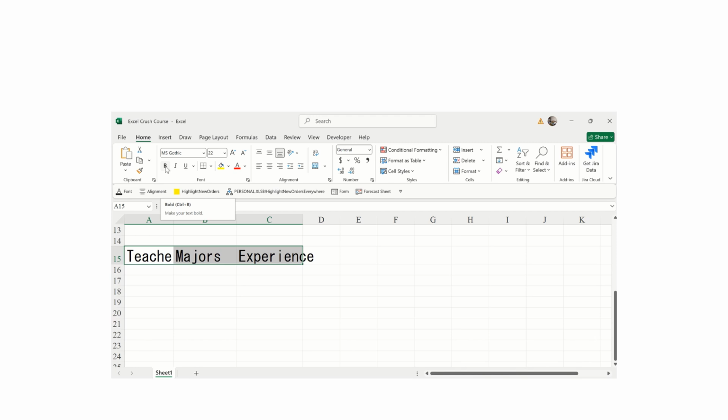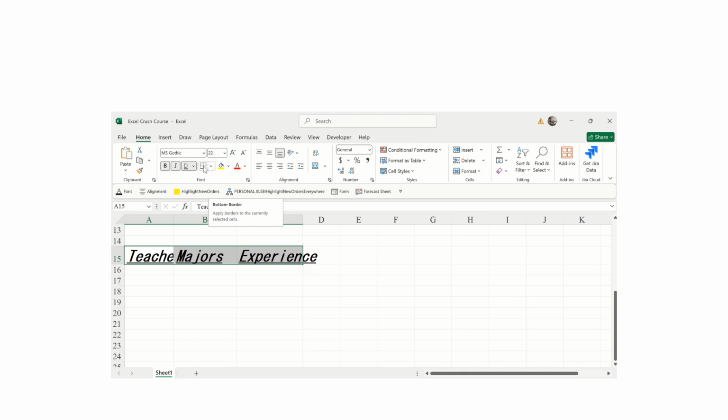But you can also make your data bold. You can make it bold and italic. You can make it underlined. But on underline, you have different features with this drop down. You see underline or double underline. You can double underline some data or some titles if you need. You can add borders. You see,